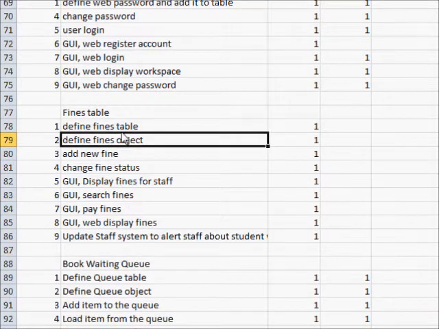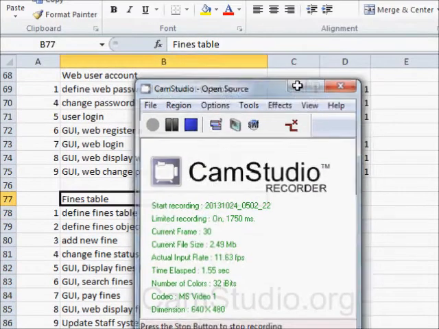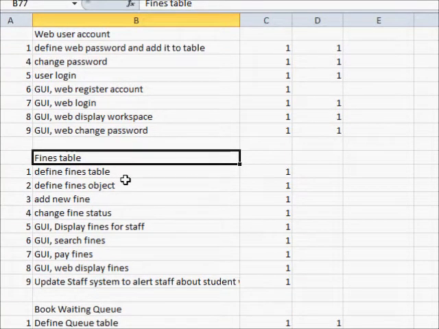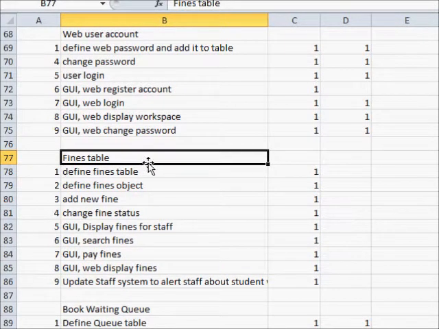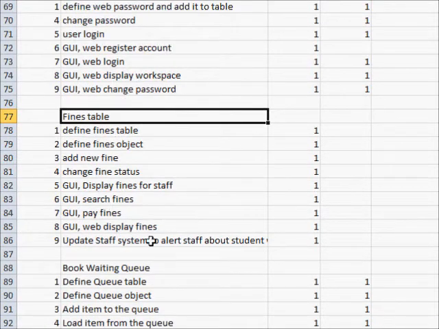We should work on the other parts again. The recorder stopped, so let's continue. Okay, so yeah, yes. What do we have to do next? We have to define the fines table, fines object. Okay, so now we need to